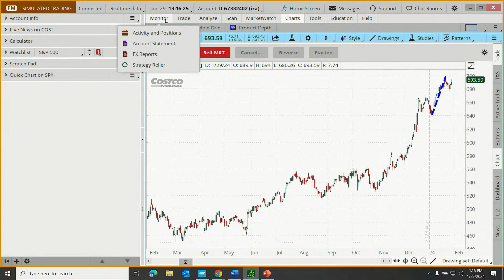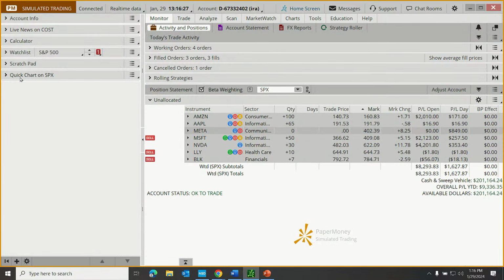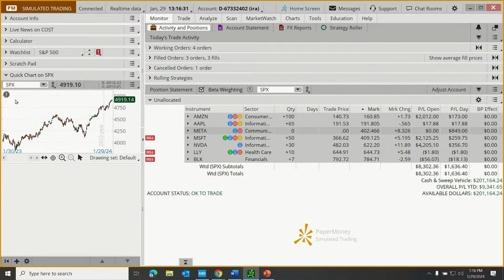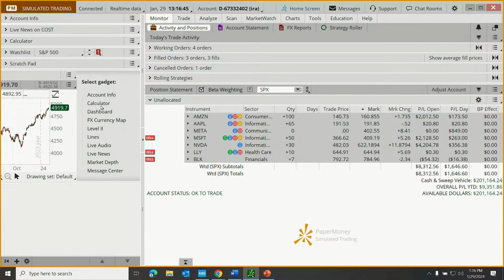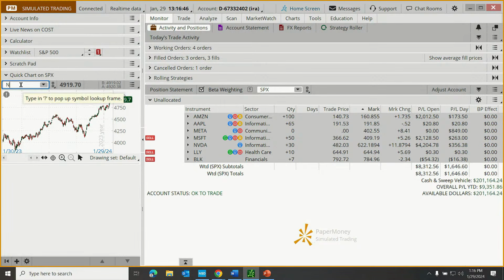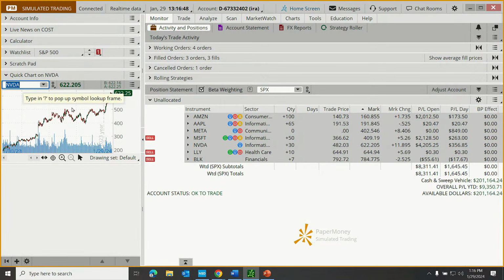So let's say we're on our monitor tab, and maybe we've queued up a quick chart. How about for our quick chart, let's say we're keeping an eye on our NVIDIA position, okay? So if you don't have quick chart in the left column, it's just one of the gadgets. You can just click on the little menu here, switch your gadget, and choose quick chart right there, okay? But in any case, let's put in NVIDIA.